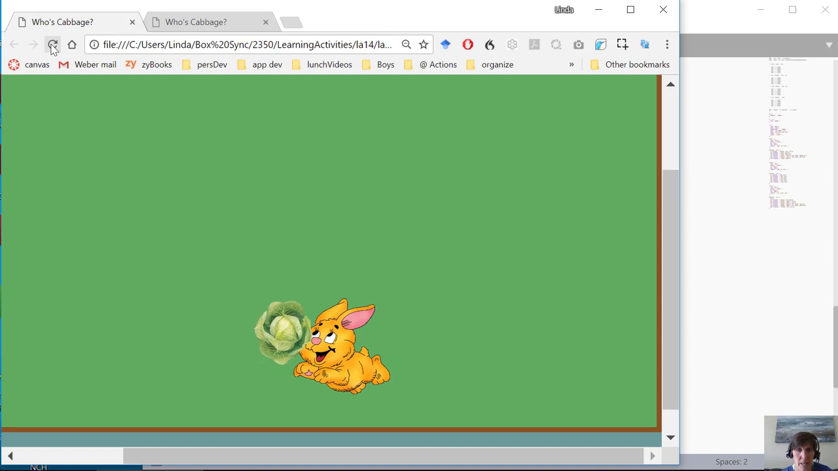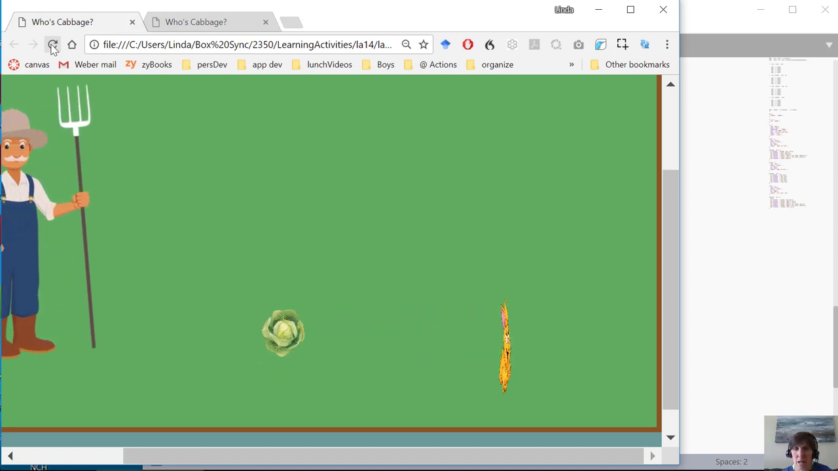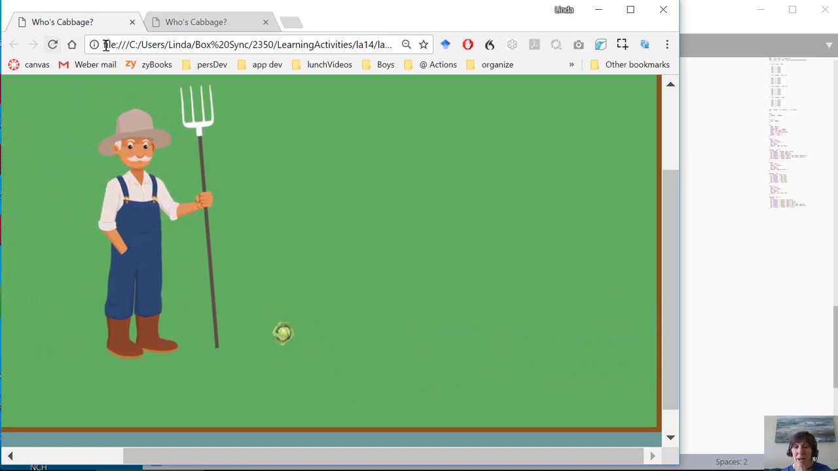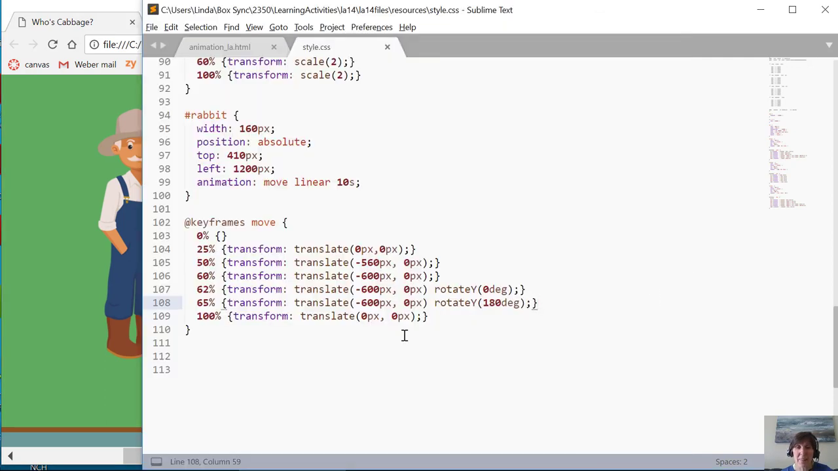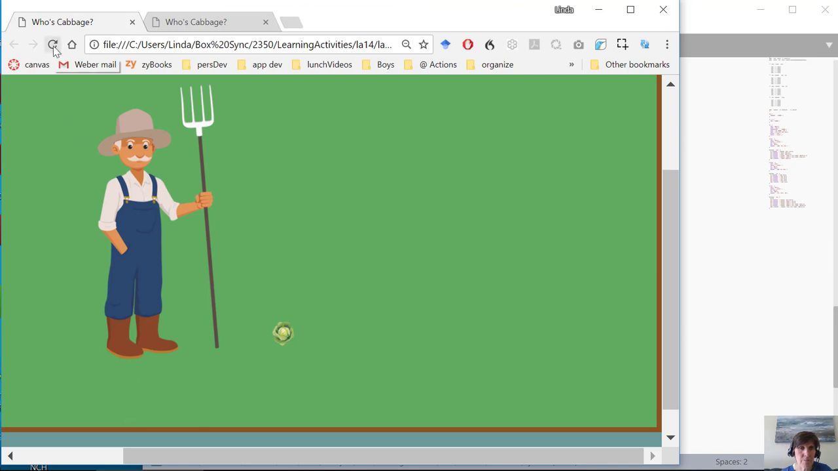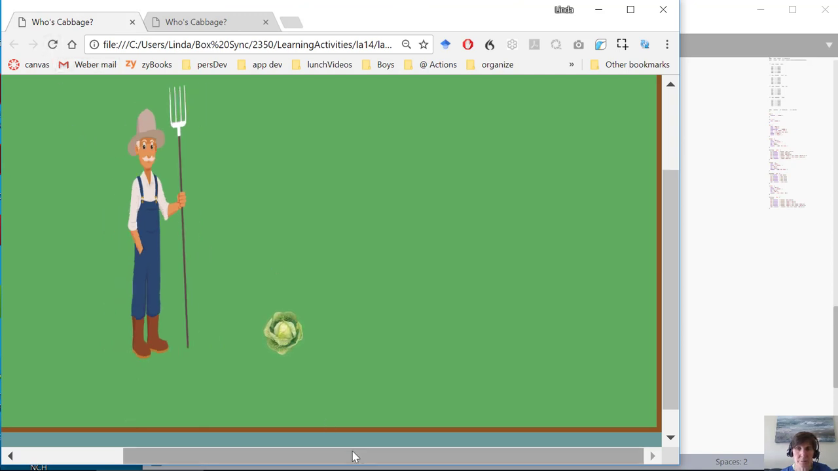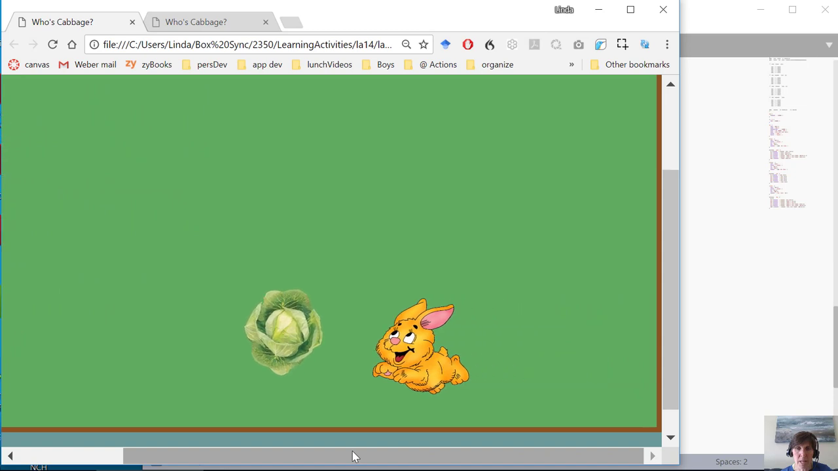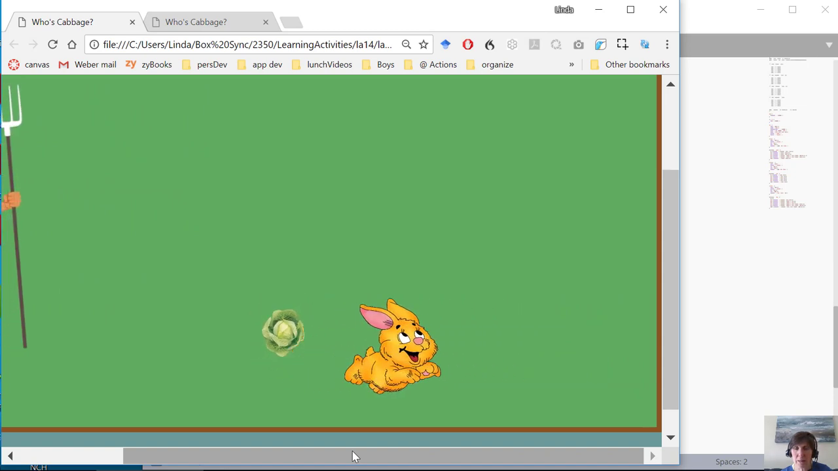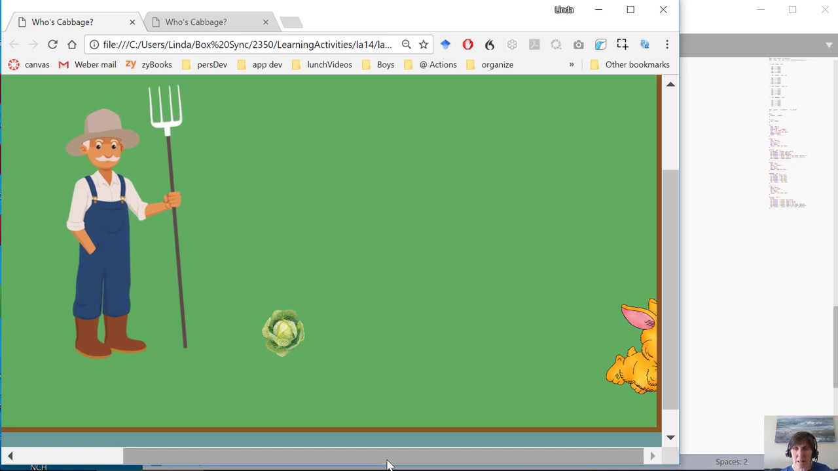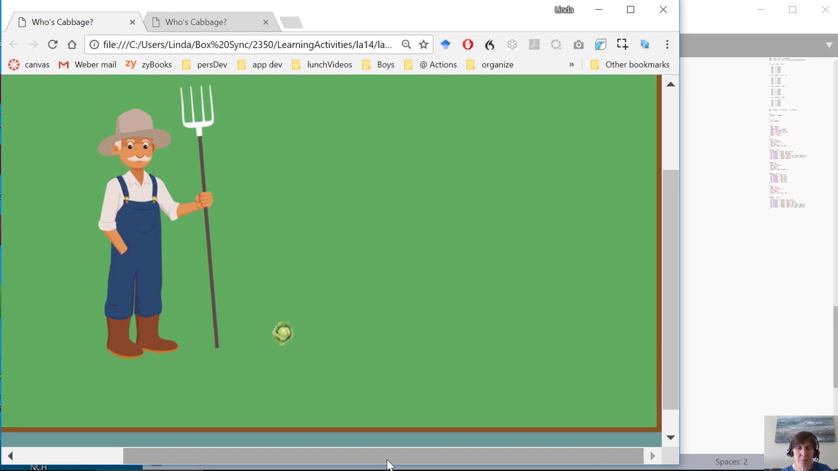So here he comes, eats it, moves into it, returns. And now he's rotating back. So he got rotated, but he rotated back. And that's because we didn't leave him rotated down here at 100%. So he starts going back. So let's go ahead and put him in there and rotate him. We want to keep him rotated. So here we go. The cabbage grows, goes away, the rabbit comes on, he eats, turns around, leaves, and the farmer comes back. Okay,